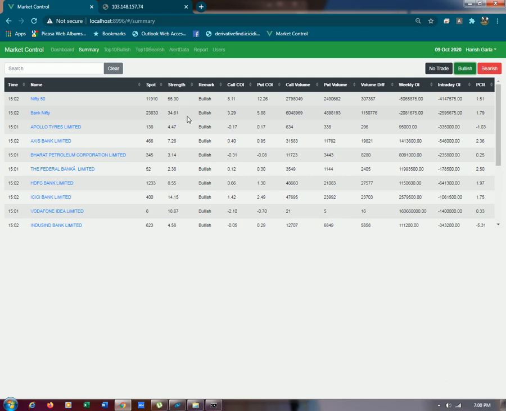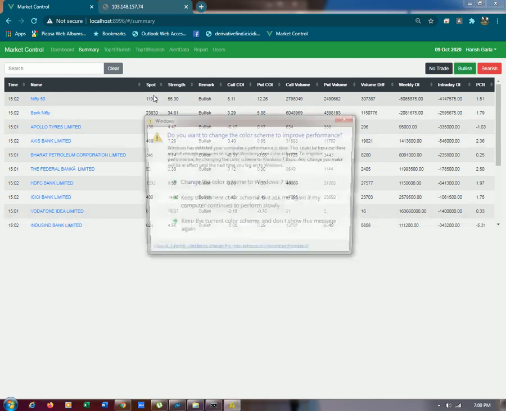And while selecting the stock, take care that the spot price is more than 500 and that will be a safe trade. If you see the top 10 bullish, Nifty, Bank Nifty and then HDFC Bank, ICICI Bank is also okay, but not above 500, that is your risk. And if the stock is above 500, IndusInd Bank is also selected, the movement will be good. So once the market has started and at 9:30, if you see this list, you can easily select the stock in a matter of 5 seconds, that is Nifty, Bank Nifty, IndusInd Bank and HDFC Bank.